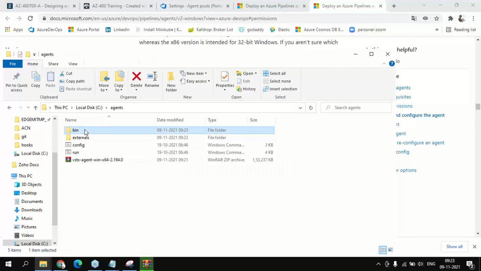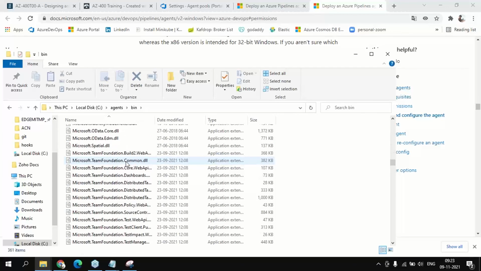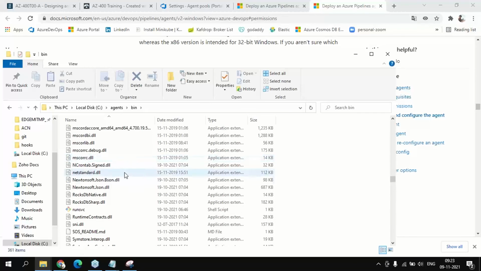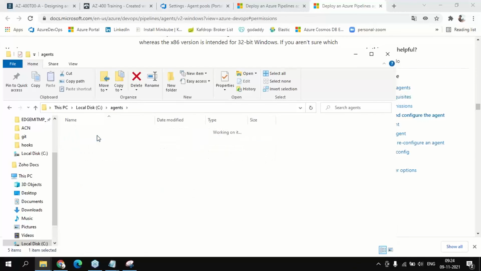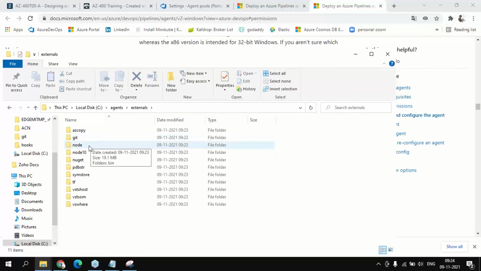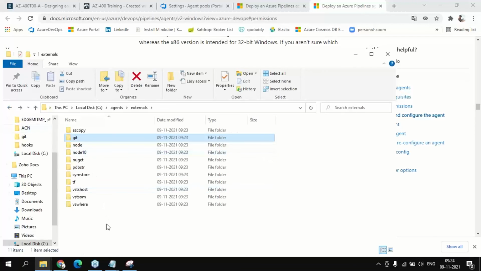I think mostly, inside the bin we will have all the executables. I think node and all, I saw somewhere it is inside the bin. So here, for example, the node and git, it is copying the installation path here. Okay, so similarly, if you want to add another capability like Redgate or something, we